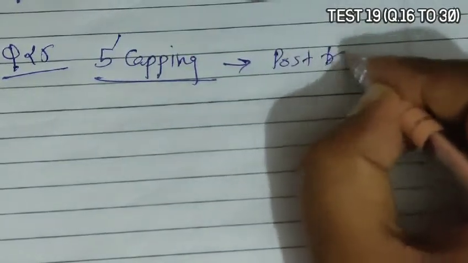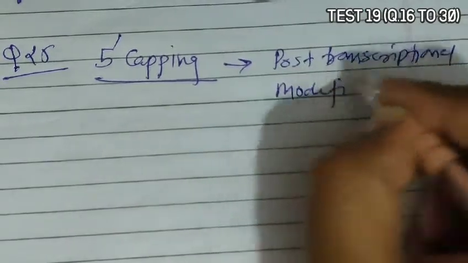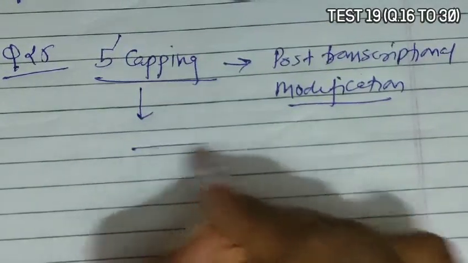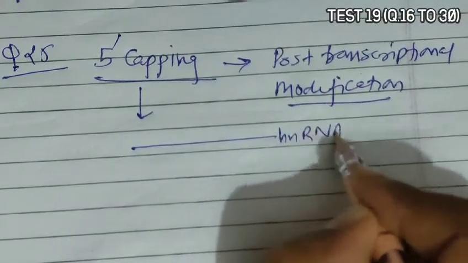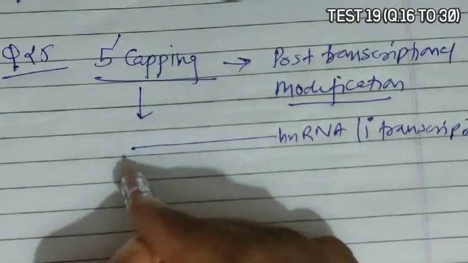Question 25 asks that in capping, blank is added at 5' end of hnRNA. Now there is a 5' capping, which is the first step of post-transcriptional modification, and in 5' capping, when hnRNA is there, which is also known as primary transcript, at the 5' end